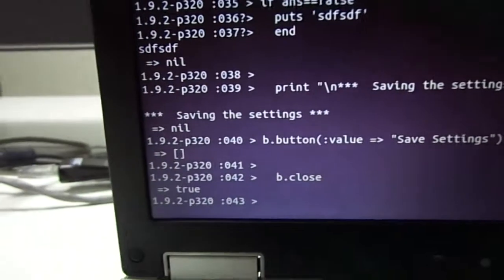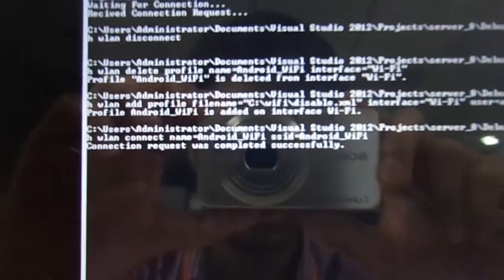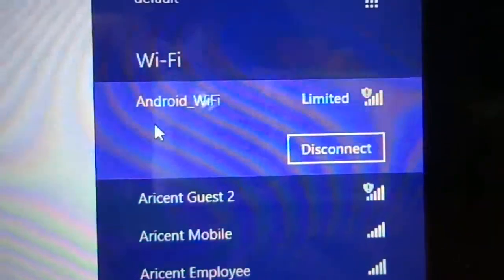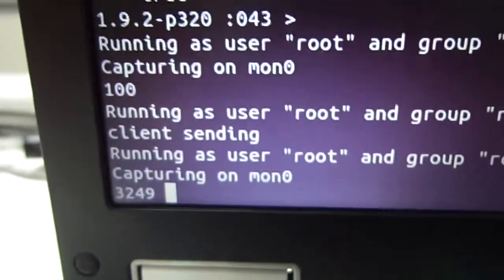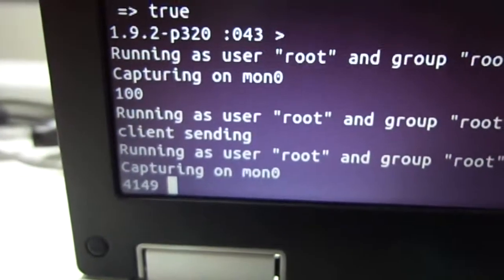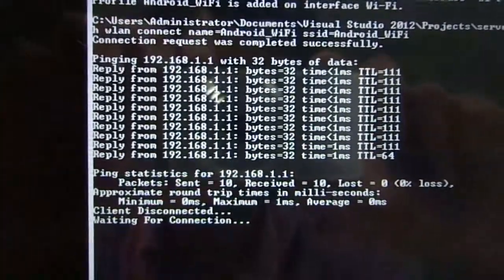So after that it will capture some packets. For beacon packet it will capture, and then it will come to the device side. So here you can see that it has configured the Wi-Fi settings, and the device is connected. And here also you can see that already the device is connected, Android Wi-Fi. So meanwhile we are capturing all the wireless packets for the validation purpose. So after all the packets get captured, the device will ping the access point, and as you can see here, the device is pinging the access point, and the pinging is getting passed.